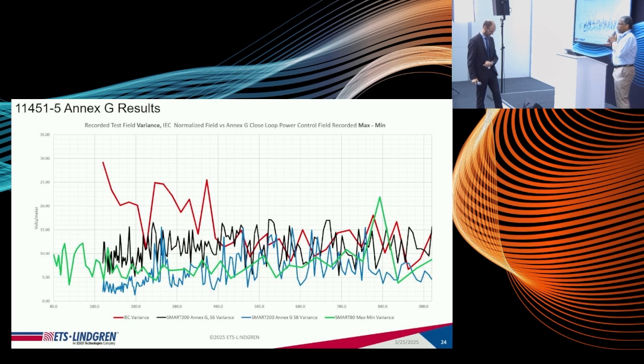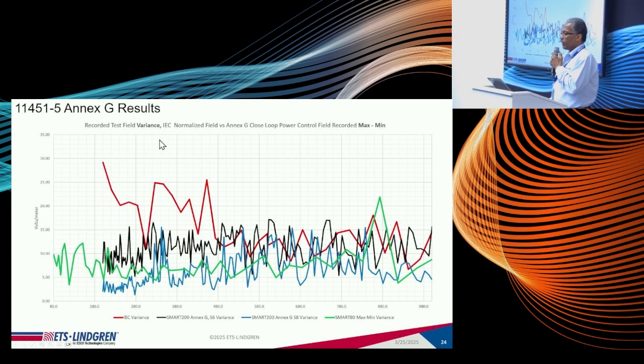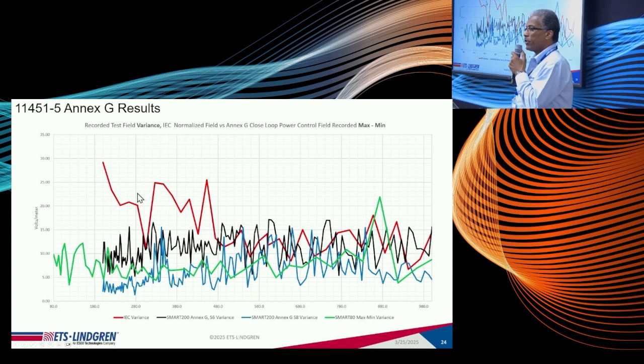Yes, and there are two things that I would add to that. The first one is that, as you can see in this illustration, where we had fewer samples with the IEC method, you get a bigger spread in the measured field. All that means is that you're undersampling, because we're in the same chamber. Nothing's changed electrically or electromagnetically in that environment. All we're doing is sampling in more positions by having more probes and more tuner positions, so we're taking more samples. The only thing that's changed is the number of samples. It doesn't matter where the probe is, we would see the same statistical variation in field everywhere within that test volume in the chamber.